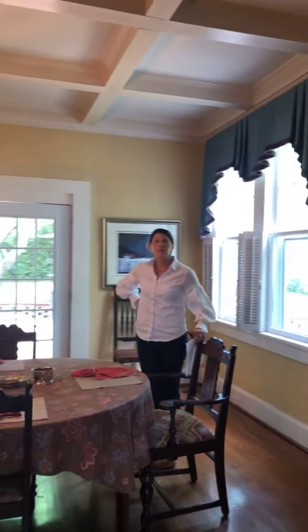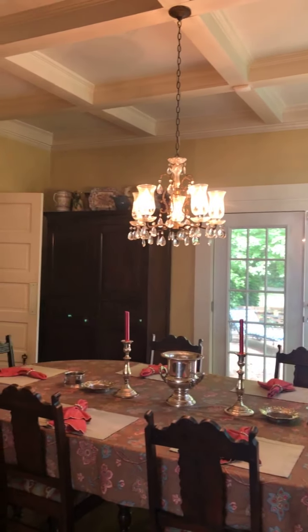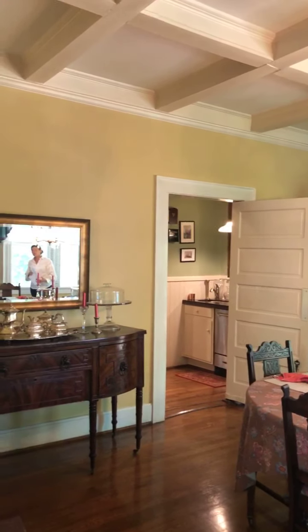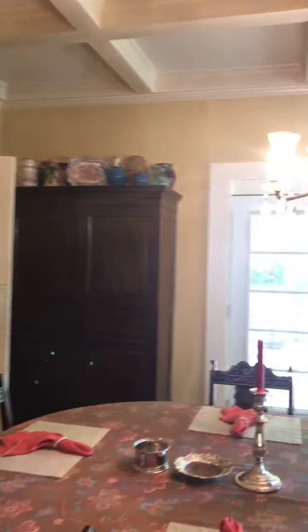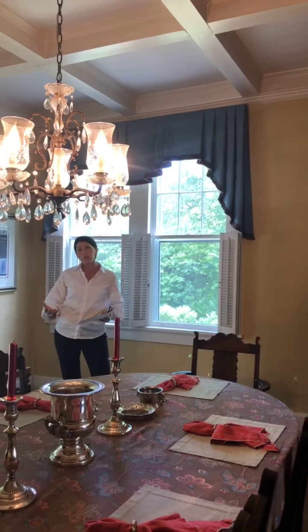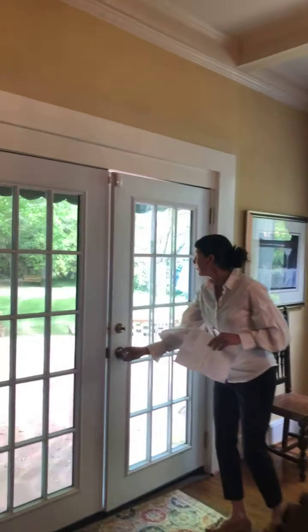And I love the wide cased opening to the dining room. It really is a nice flow from your front living to your dining, and this wonderful, gracious space here. You have the nice deep Hitchcock ceilings, and it also flows nicely into your butler's pantry area, into your kitchen. And I think for a lot of people, when you open the front door, you kind of gravitate towards the outside spaces. So that's where we'll go next, right out to this fabulous